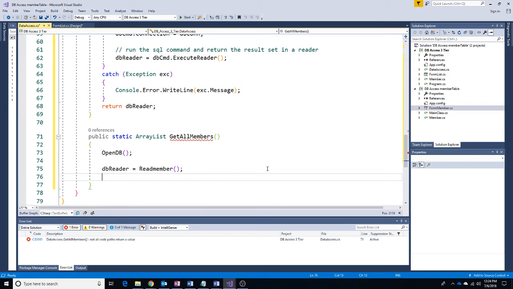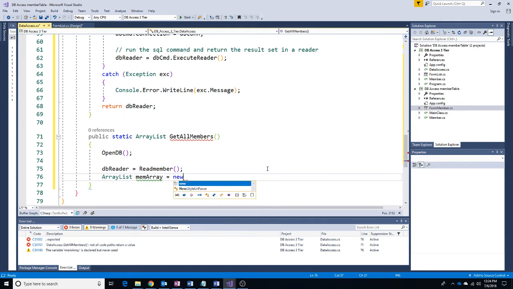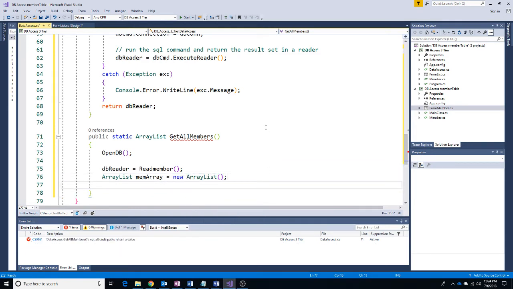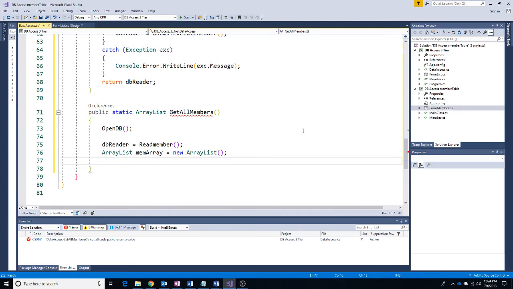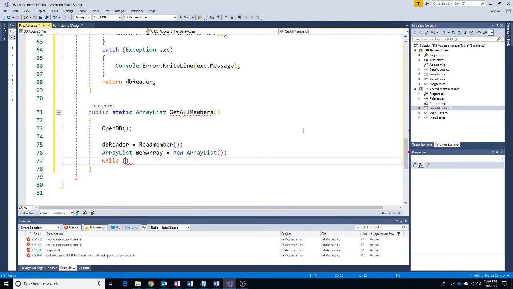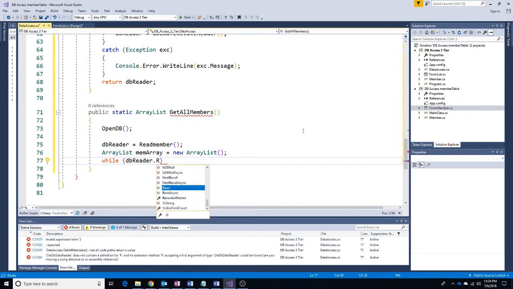Next, we're going to allocate an array list, be our member array. I want to go ahead and create an instance of that array list so that I can just start adding to it right away. And now our while loop, again, is going to be while DB reader can be read,